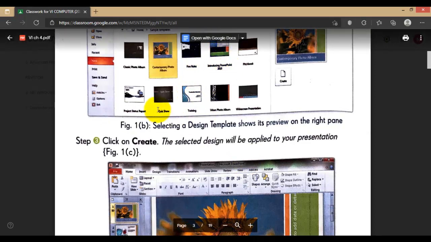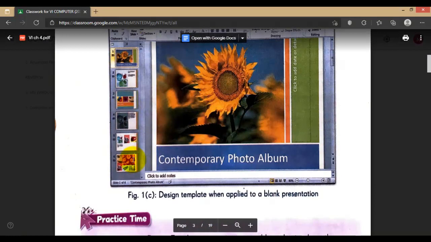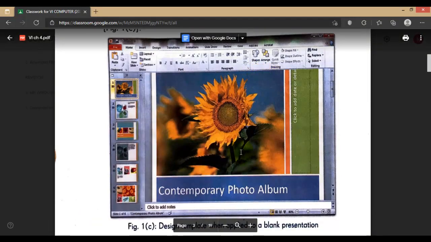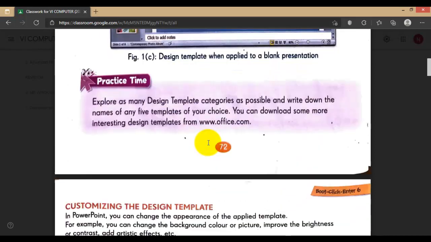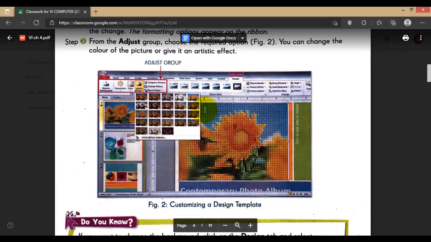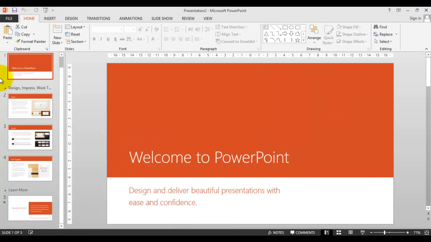Here design templates are different from 2010, but after selection and all it's the same. So they have selected a design with these flowers and all, photo album. You need to change the pictures only. This topic that we are going to do, customize the design template. After selecting the template, you are going to design with your own choice. Means in this designing,